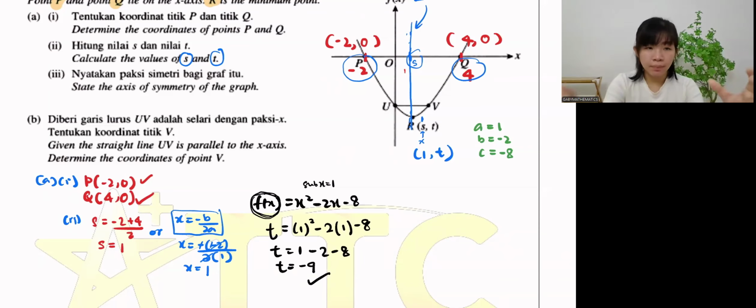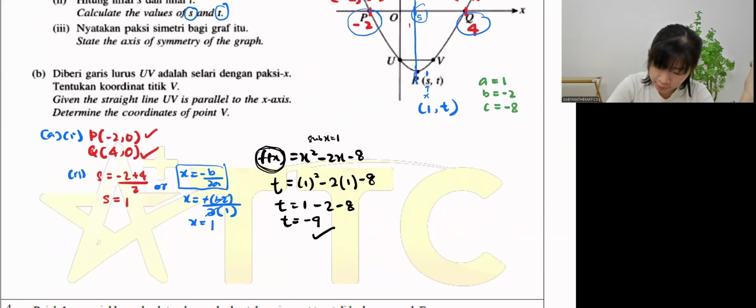So every time we come to a coordinate, you have x and y only. If you have one of the coordinates, let's say you have x but you don't have y, you sub the x into the question and you will get y. Or maybe if you have y but you don't have x, you sub the y into the question and you can also find x. Always sub.